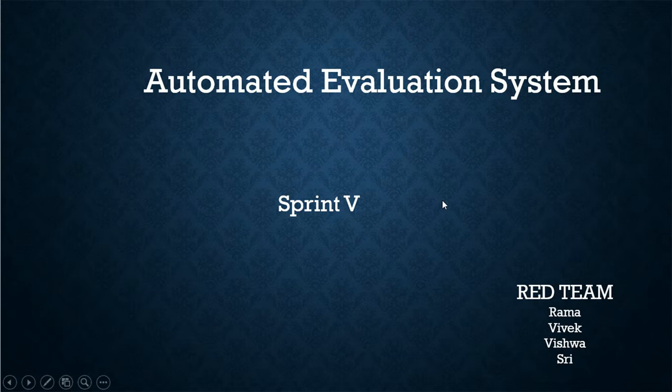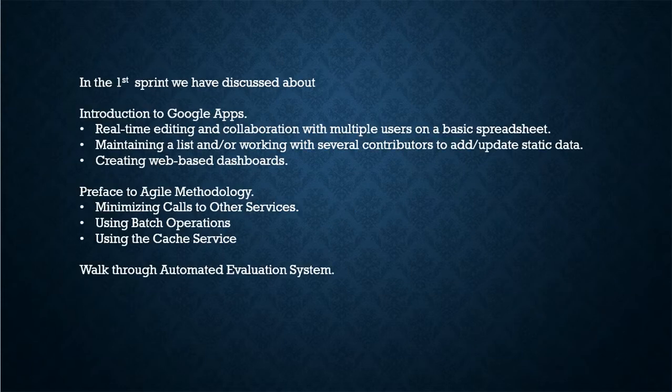For this last sprint, that is Sprint 5, we are going to discuss the project on the whole, starting from Sprint 1 to Sprint 5. Firstly, in the first sprint, we developed an idea of how to develop this project. We chose Google Apps for developing this project. The tasks done in Google Apps are real-time editing and collaboration with multiple users on basic spreadsheets, maintaining a list and working with several contributors to add or update static data, creating web-based dashboards, and